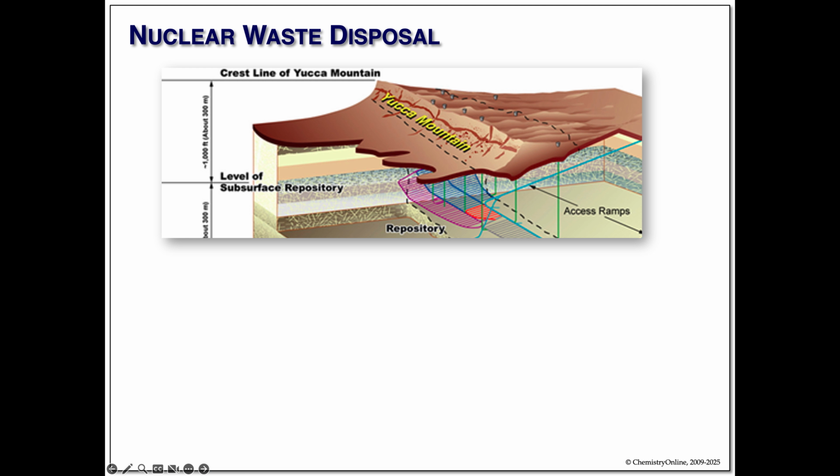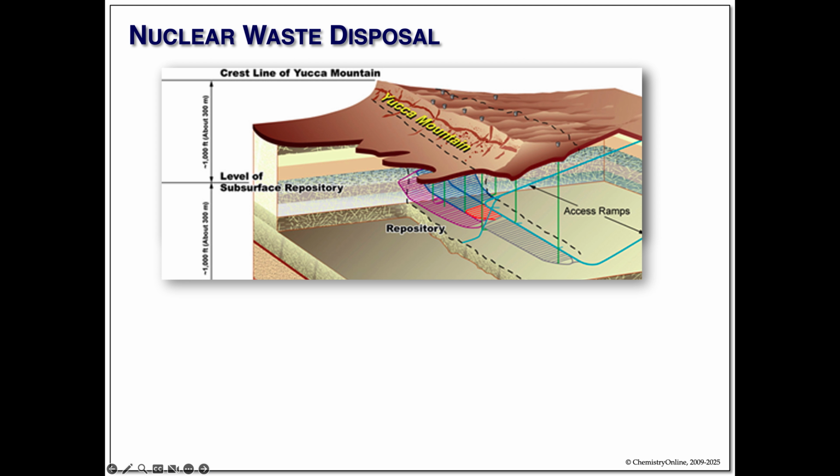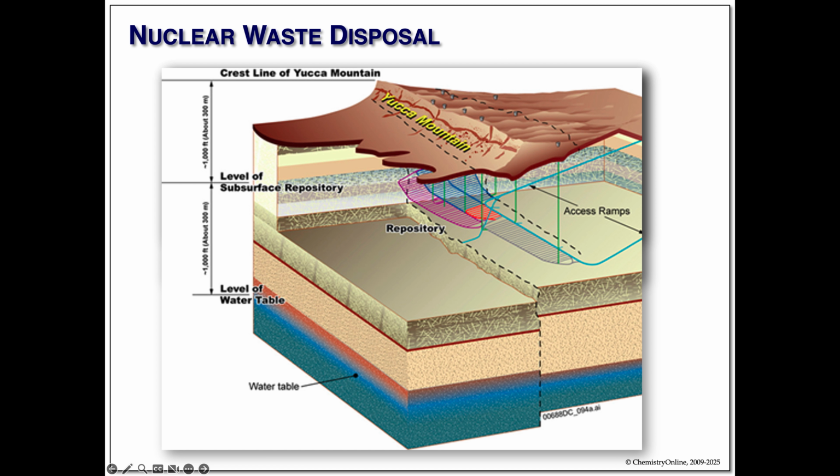That means that underneath this mountain, it's broken. There's a break in the crust. This type of thing is also called an earthquake zone. The crust is broken. Not only that, but even Nevada has a water table. Where is the water table under this? It's 1,000 feet below.